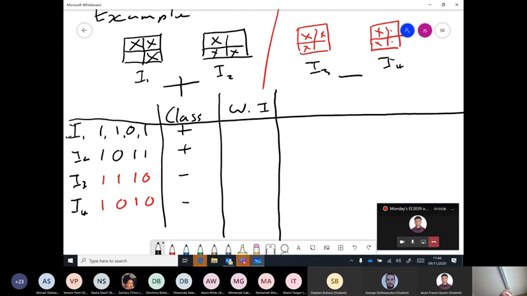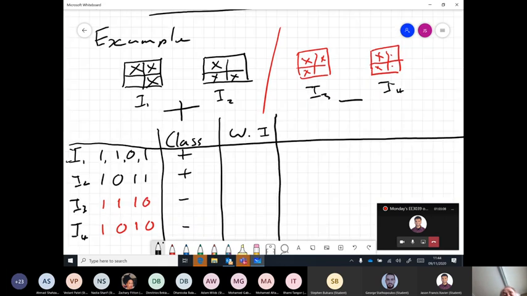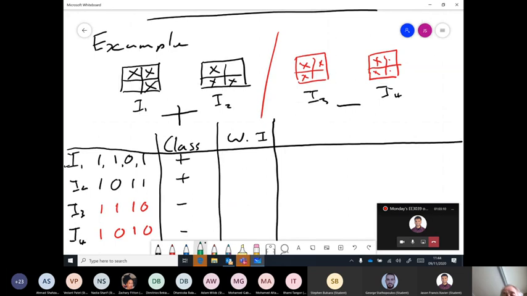Now we need an initial weight vector. So let's choose an initial weight vector of, let's say, 0. It doesn't have to be 0. Any weight vector will do, but that's as good a starting point as any. So that is the initial weight vector. We next calculate the scalar product of that weight vector for